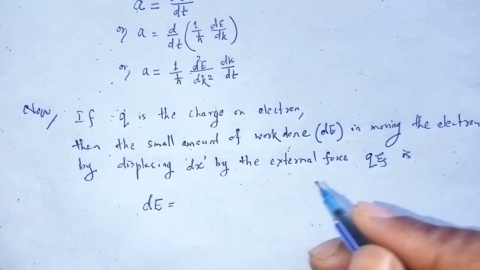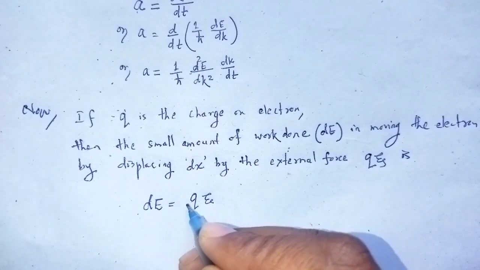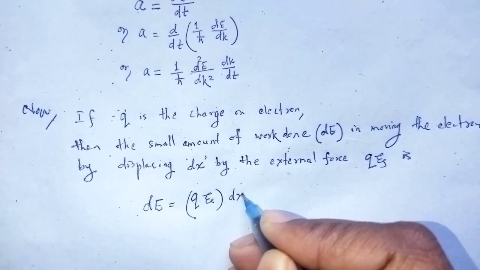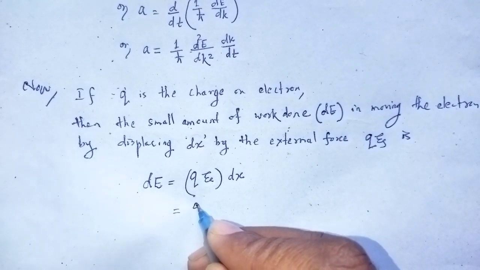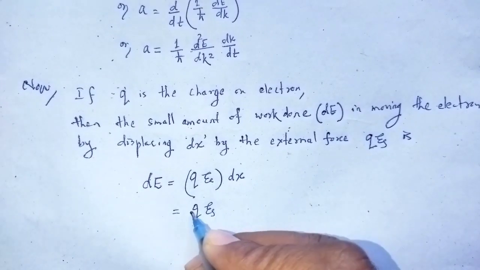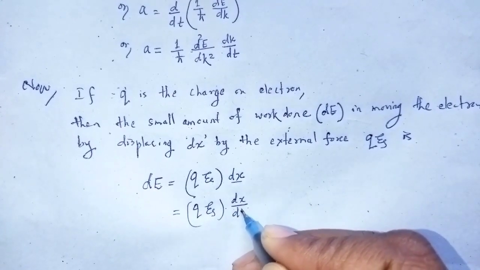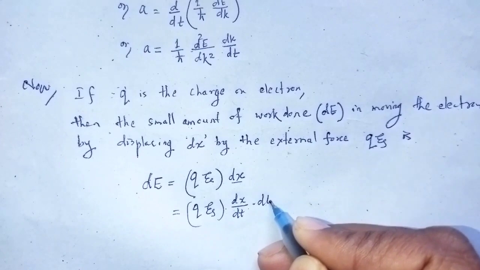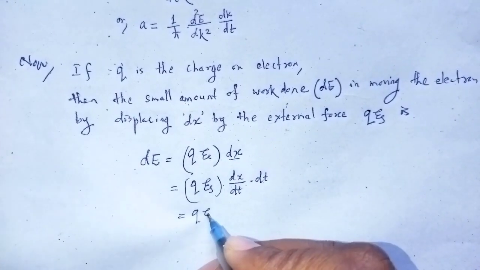Force into displacement, so force q zeta into displacement dx is equal to q zeta, dx can be written as dx by dt into dt, is equal to q zeta